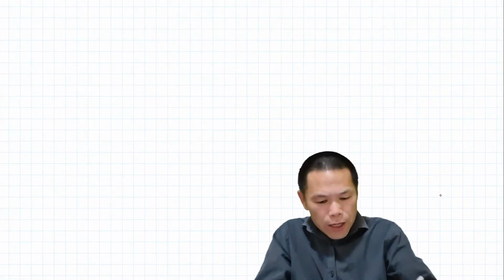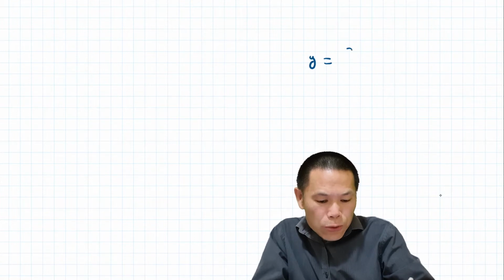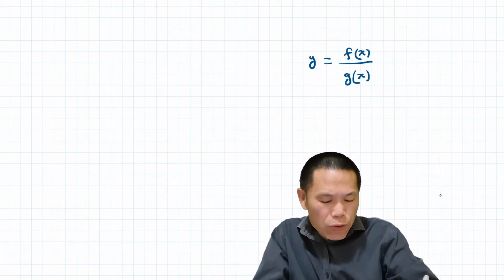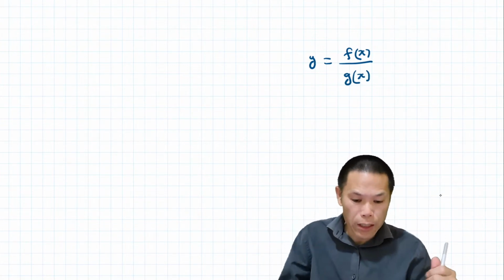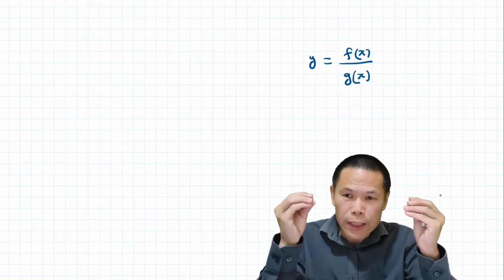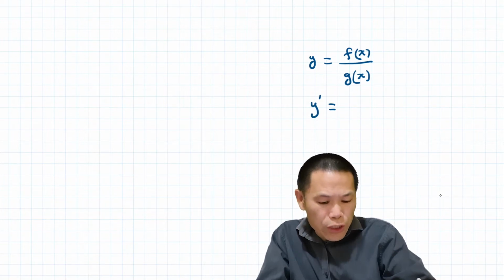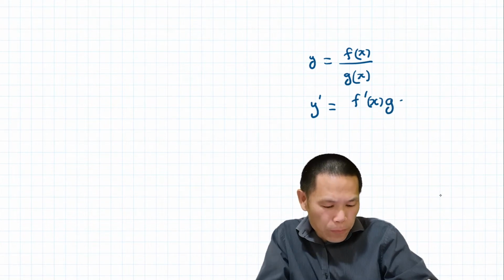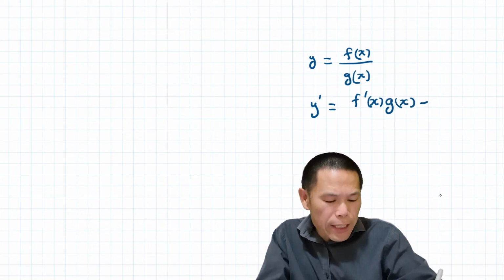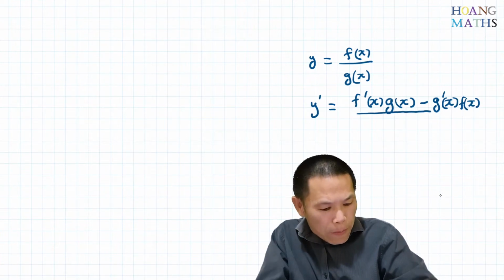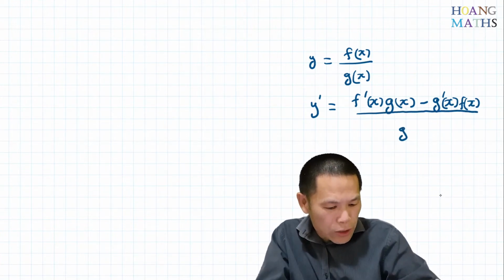So let's say we have a function y is equal to f of x over g of x. So the numerator is f of x and the denominator is g of x. To differentiate this, think y dash is equal to, so we differentiate the top, that is f dash x. And then we times the bottom. After that, we differentiate the bottom, so g dash x. And then we times the top function, over the bottom function squared. So g of x